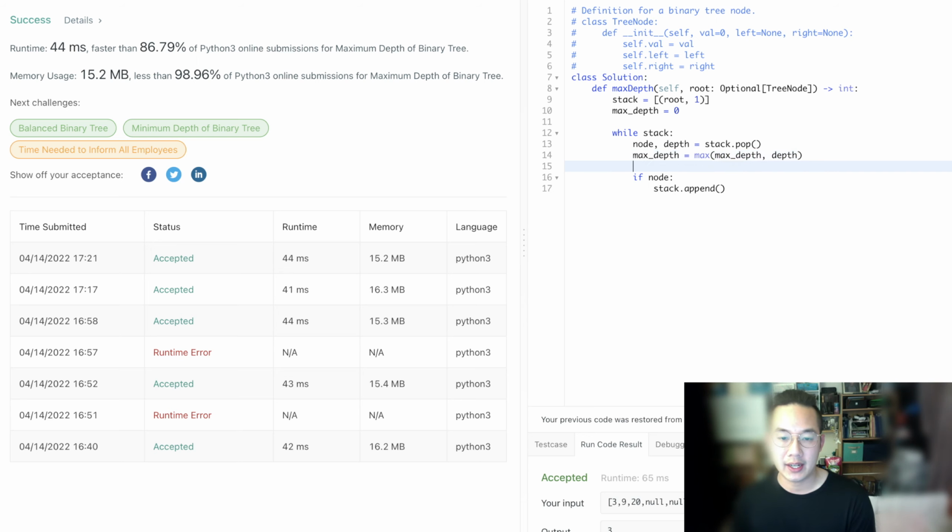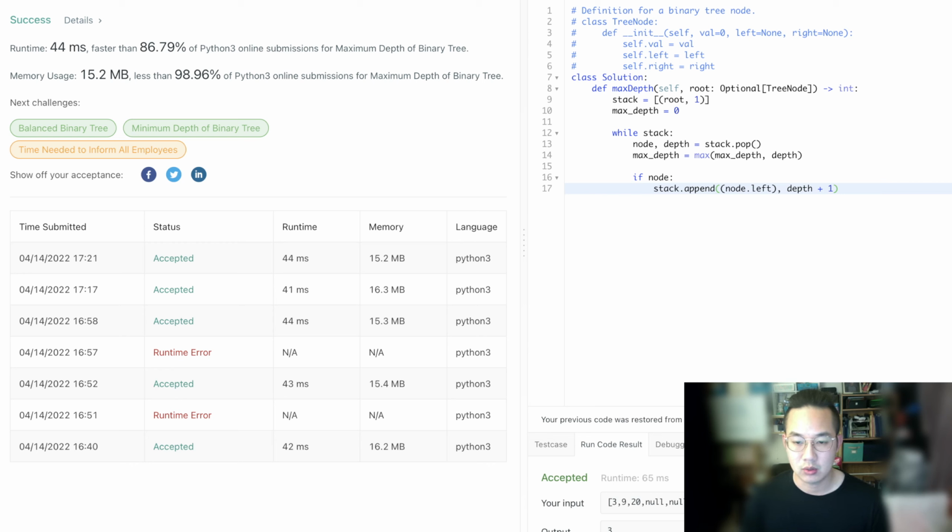So every time we throw in a node, the children of those nodes are going to increase by 1. So simply append node dot left and depth plus 1, and the same thing